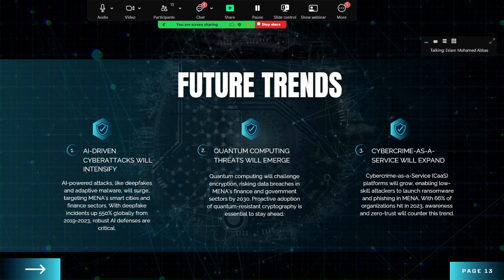computing threats. Computing is changing rapidly in a lot of countries. Maybe these countries are not from the MENA region, but there are still a lot of rapid changes in countries around the world. And quantum computing is challenging for encryption and risks data breaches. Because of this, we should consider this technology, because quantum computing will emerge a lot in the coming days. And the final future trend, from my point of view, is cybersecurity crime as a